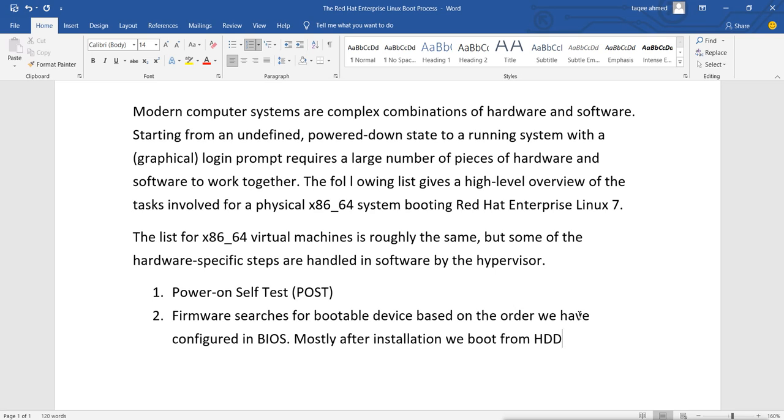But mostly, if we have already installed, then we will boot from the hard disk. So it will look for the bootable partition.